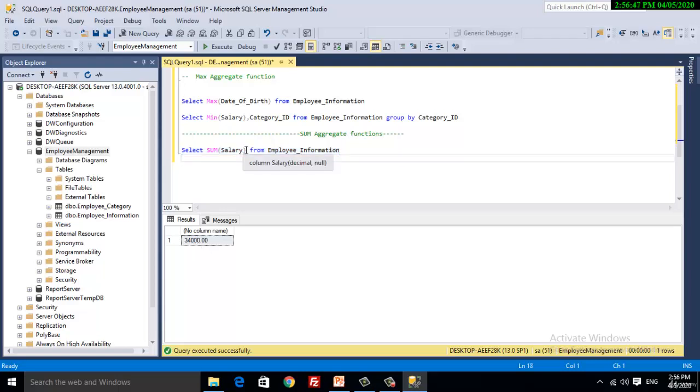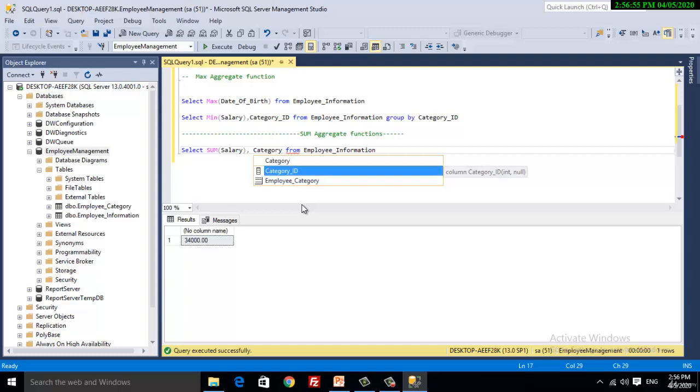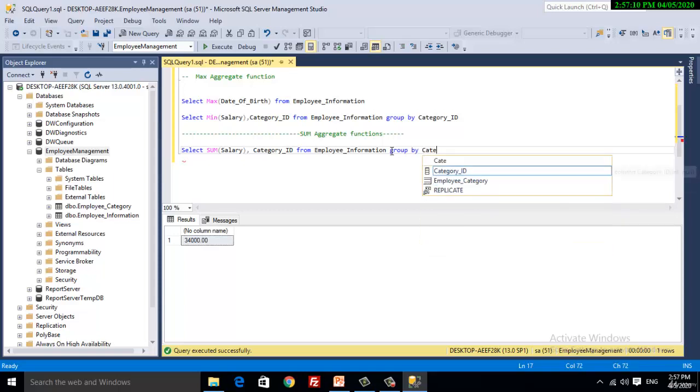Now I am going to add a column category ID in the same query, then the name of the table followed by group by clause and then the name of the column.